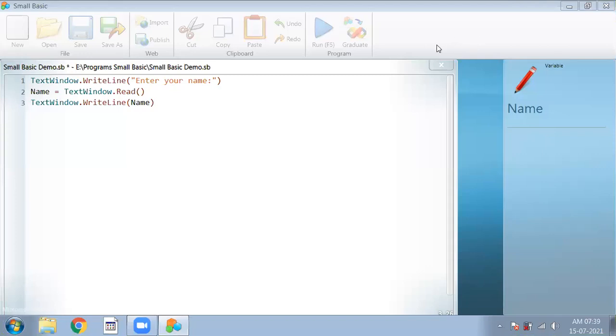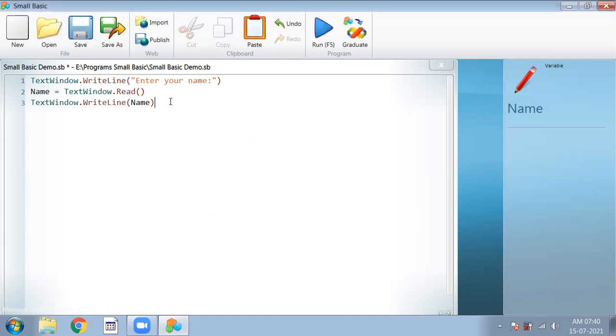Here we will see the first statement will display the message on the screen, enter your name. After that the user will enter the name, and that name entered by the user will be stored in this variable name. एक name variable है जिसमें user का जो भी name वो enter करेगा, that we will store here. And after that we just display that name to the user. How we can display whatever the user has entered, like this. The last statement will display the name of the user.